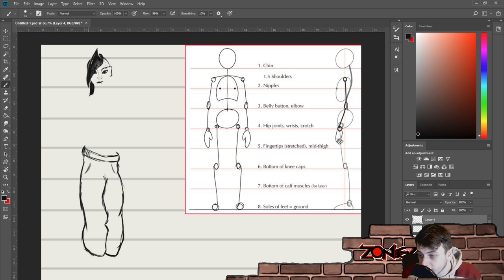Kind of wanted to draw something unique and memorable for her, because obviously the main character's got to have an interesting design. These just kind of look like fashionable pants.